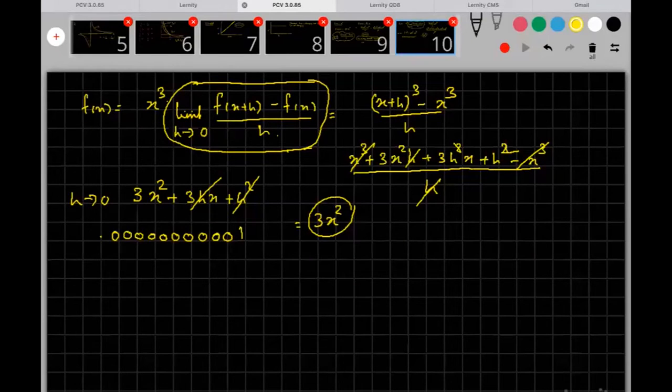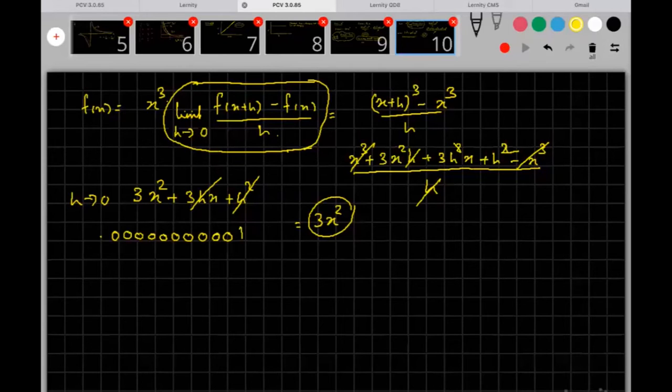F of x is equal to x cubed. So I have the limit of f of x plus h minus f of x by h. Yeah, some of you might be thinking that sir is in physics class, sir is only teaching maths. Don't worry, in no time we will start off with physics. This maths will help us for that. In another 3-4 classes, we will be starting with physics. Till then, we'll only do more of maths, different types of maths. So this also you have understood.